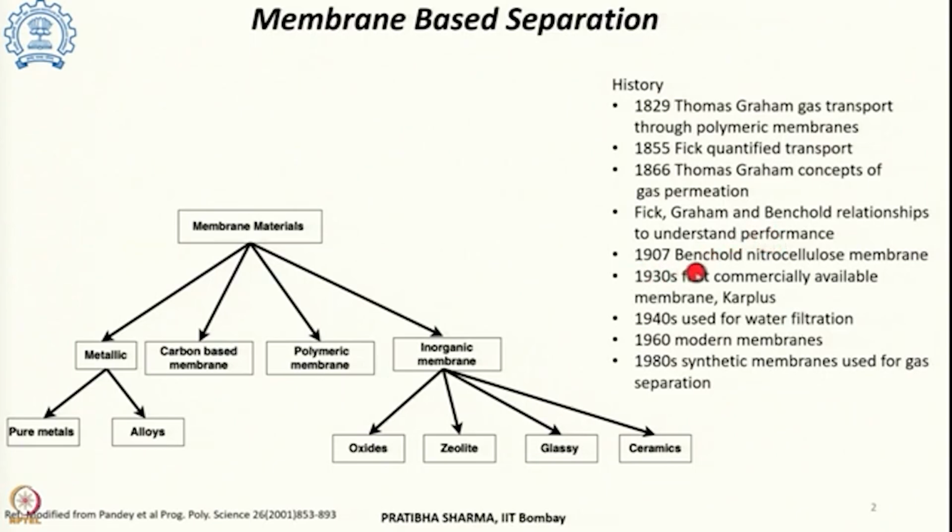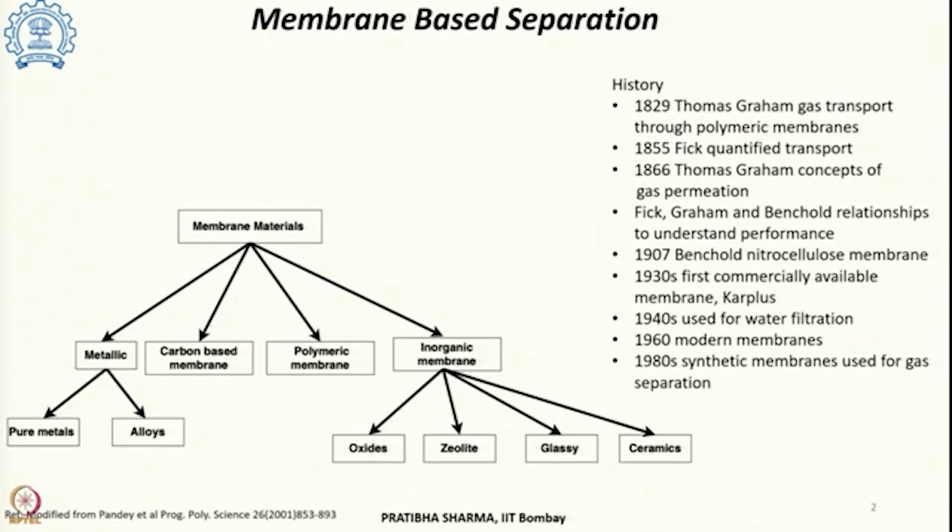In 1907 Benchold came up with the nitrocellulose type of membrane. This membrane was in fact first commercialized with the work of Karplus in the 1930s. This was first used for water filtration in the late 1940s. It was in 1960 that the different modern membranes came up, and then in the 1980s synthetic membranes were widely used for gas separation. Now when we look at membrane based separation to get pure hydrogen, it can be classified